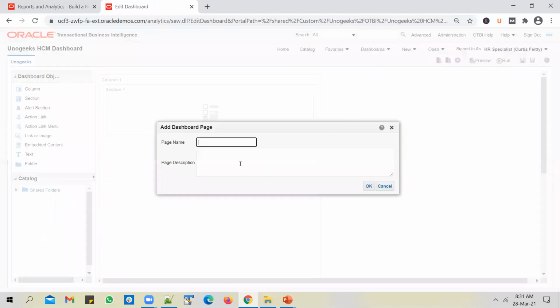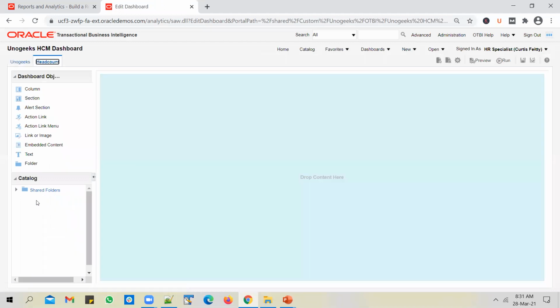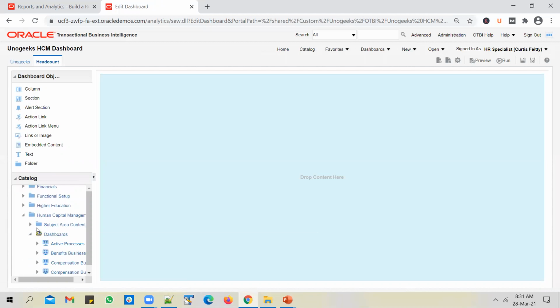Add in a new page and let's call it a headcount. It's a blank page, and in this page, I want to drag and drop the entire headcount page from Line Manager dashboard. So expand HCM, dashboards, Line Manager dashboard,